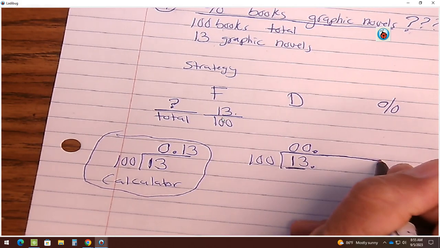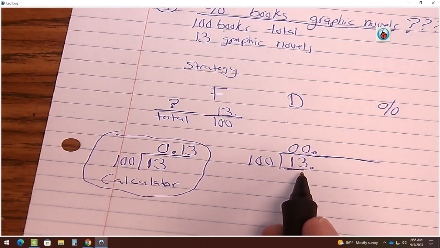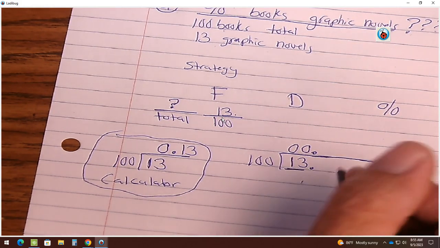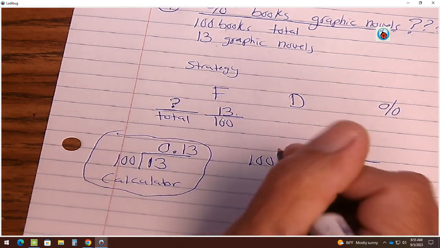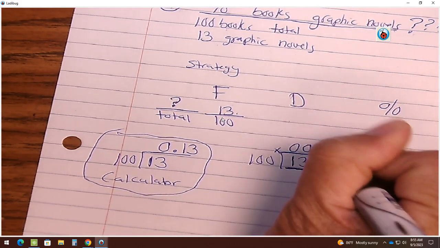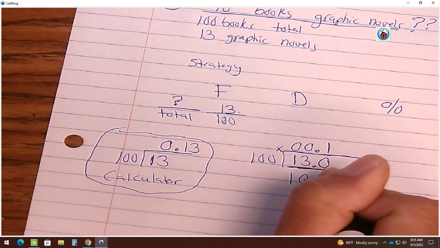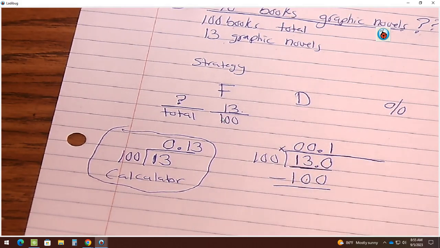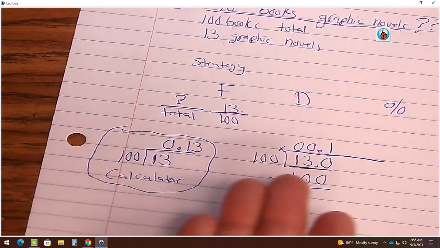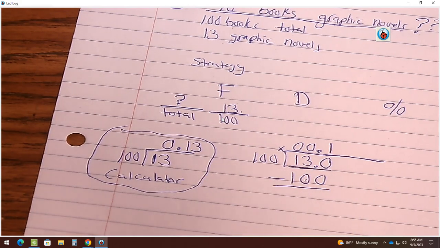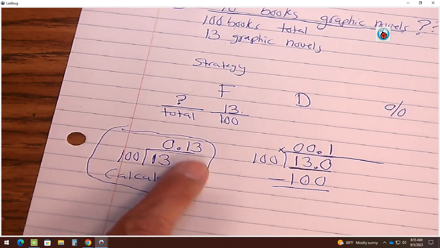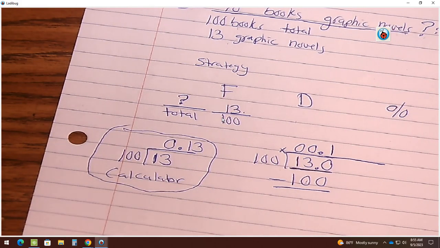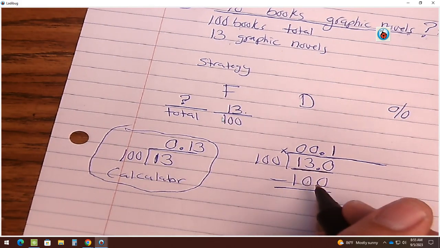But we still know it's divide. So now what do I do when it's not enough? Add a 0. We make more pieces. Now 130, would that be enough? Yes, times what? 1. So 1 times 100 will be 100. We subtract. The difference between the calculator kid and the non-calculator kid is that the calculator kid doesn't have to think about the calculation. You just punch it in. The calculator will add the zeros and all that stuff. Okay? 130 minus 100 would be